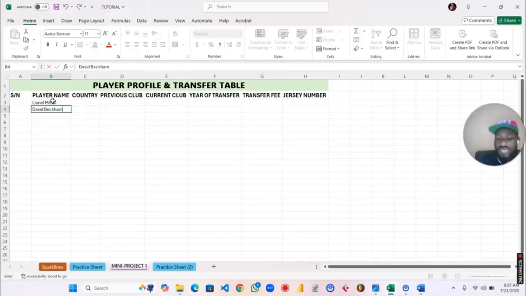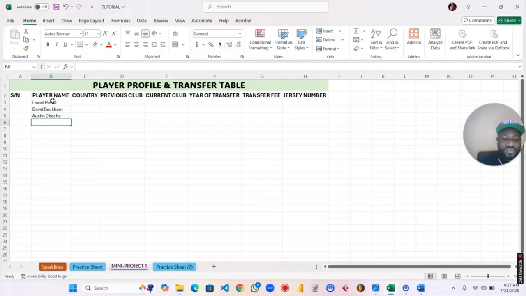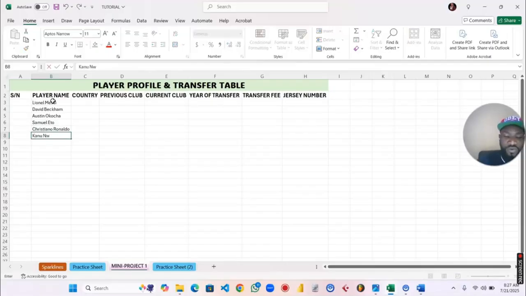I mean, these are the names in my head. I could use Austin Okocha from Nigeria because I'm from Nigeria. Austin Okocha. I could use Samuel Eto'o from, I think that should be Cameroon. Who else should I use? Cristiano Ronaldo. I think these are the same names I've been using before, so I'm just gonna use them again. Cristiano Ronaldo, Kanu Nwankwo,